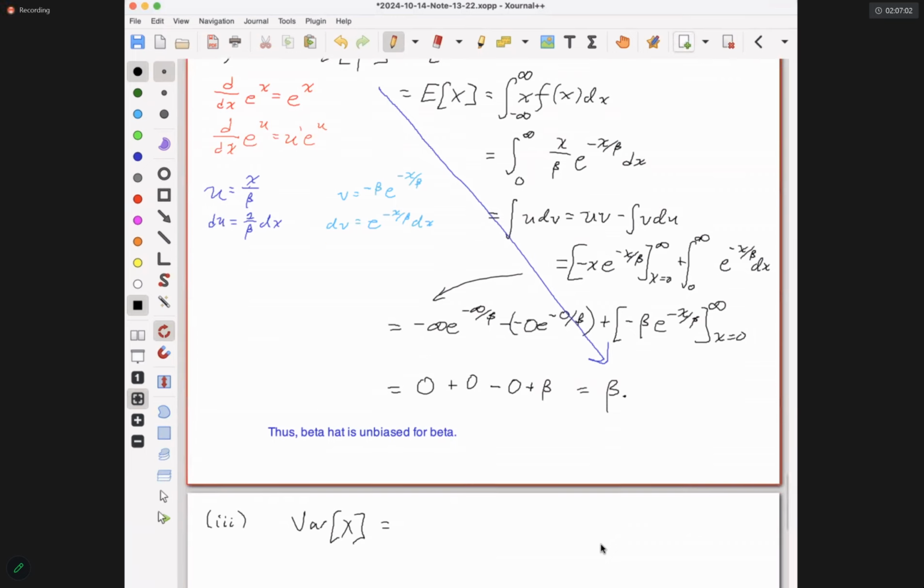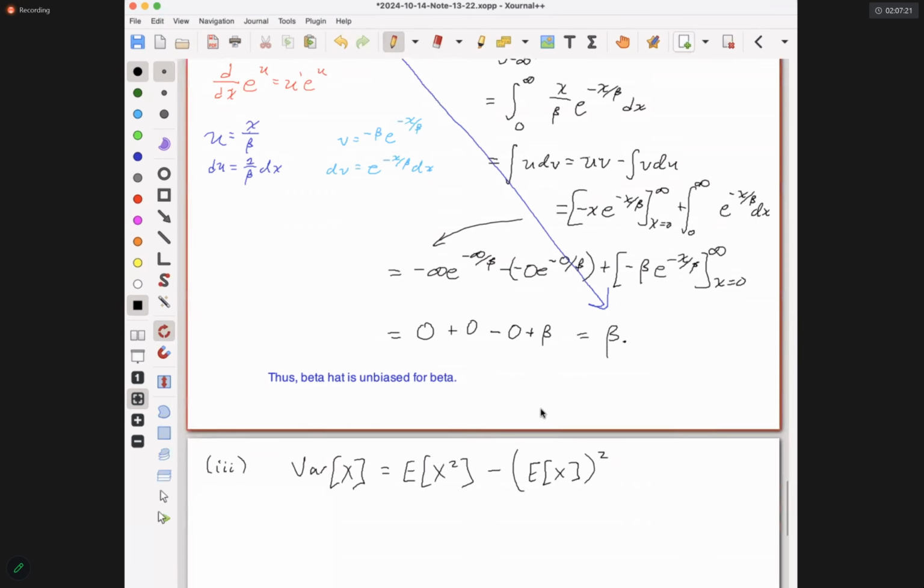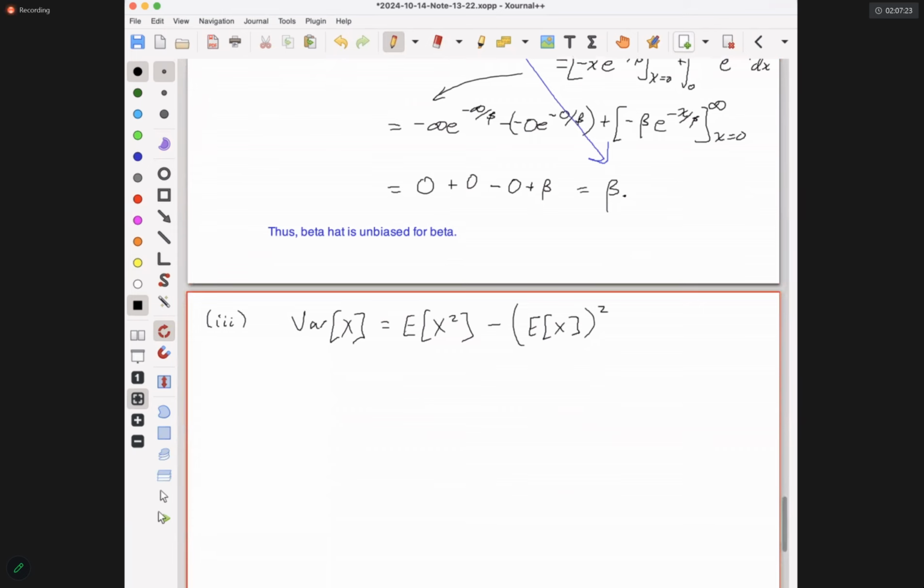We'll write this as the expectation of X squared minus the expectation of X quantity squared. So the expectation of X we already found. That's just beta. And then for the expectation of X squared,